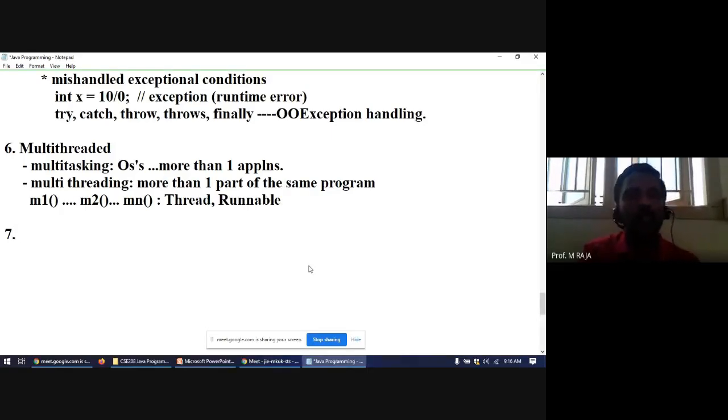Seventh one, interpreted and high performance. Java is said to be an interpreted language because of its bytecode feature. Java's designers felt that the language should be portable across different operating systems or different platforms. So the architecture neutral goal of Java was